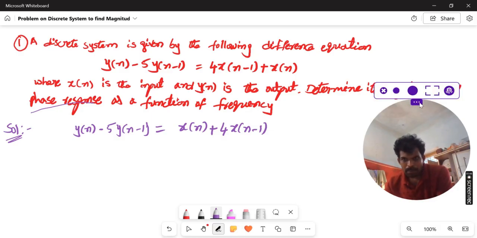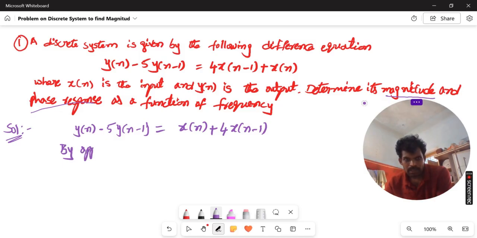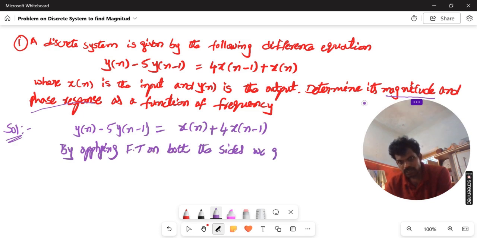So to determine the magnitude and phase response, we are going to apply the Fourier transform on both the sides. By applying Fourier transform on both the sides, we get